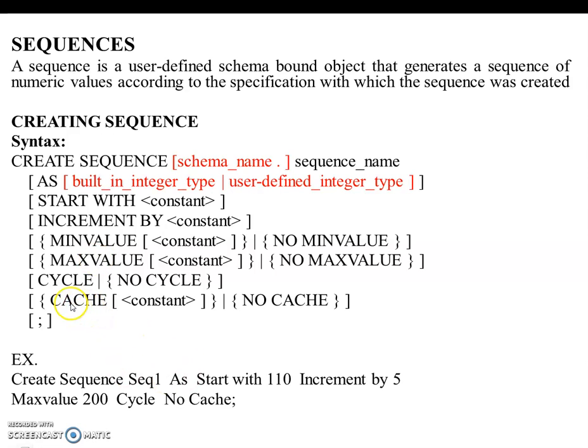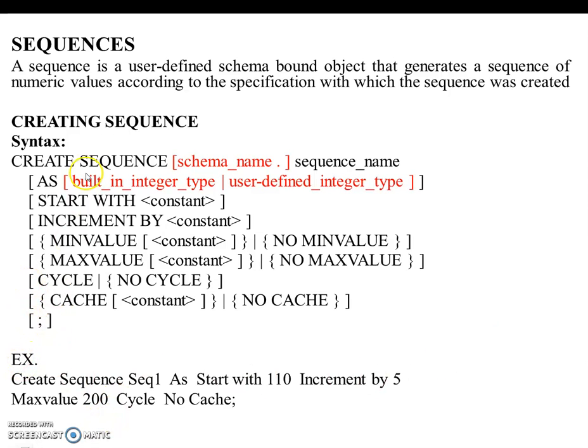And this is the final keyword which is available, and that is the optional statement, cache or no cache. If I am keeping a cache value, that means for a temporary time that particular value will be kept in memory for the sequence. If I am keeping a no cache value for a particular sequence, then no buffer memory will be allocated, or no temporary value will get stored using this sequence statement. Okay, so this is the create sequence statement.